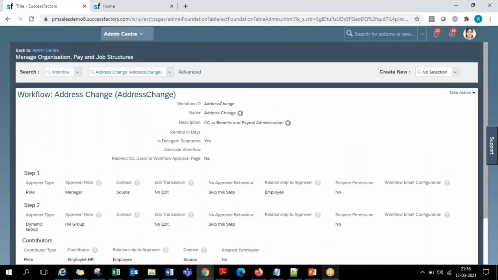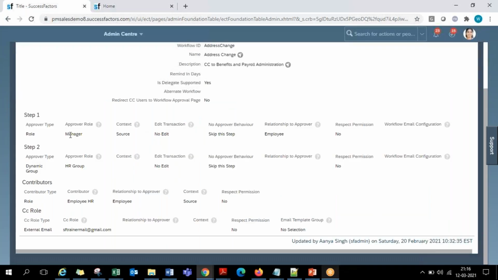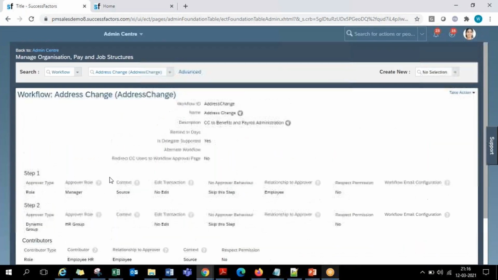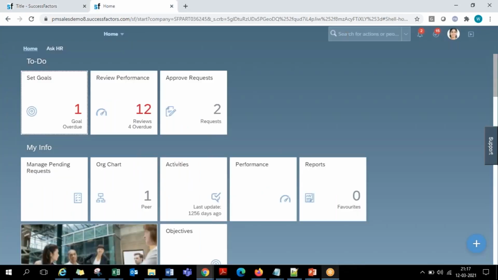Now let us take an example of when the employee's address details are changed. We have been seeing the name as address change, so let us assume the same thing. If the employee updated his address portlet, you want this particular workflow to be triggered such that it goes for the employee's manager approval. Once the manager approves it, it goes to a dynamic group called HR group. If you want to go in that path of approval process, then first of all we need to understand whether there really is a change in the address data. Only when there is a change in the address data, the system has to trigger the workflow. So for that case, we can make use of business rules, guys.